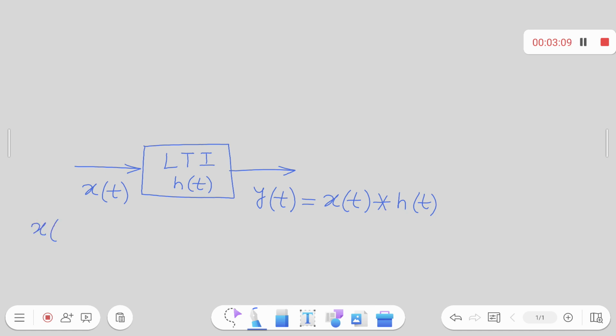We have represented x of t as an integration going from minus to plus infinity